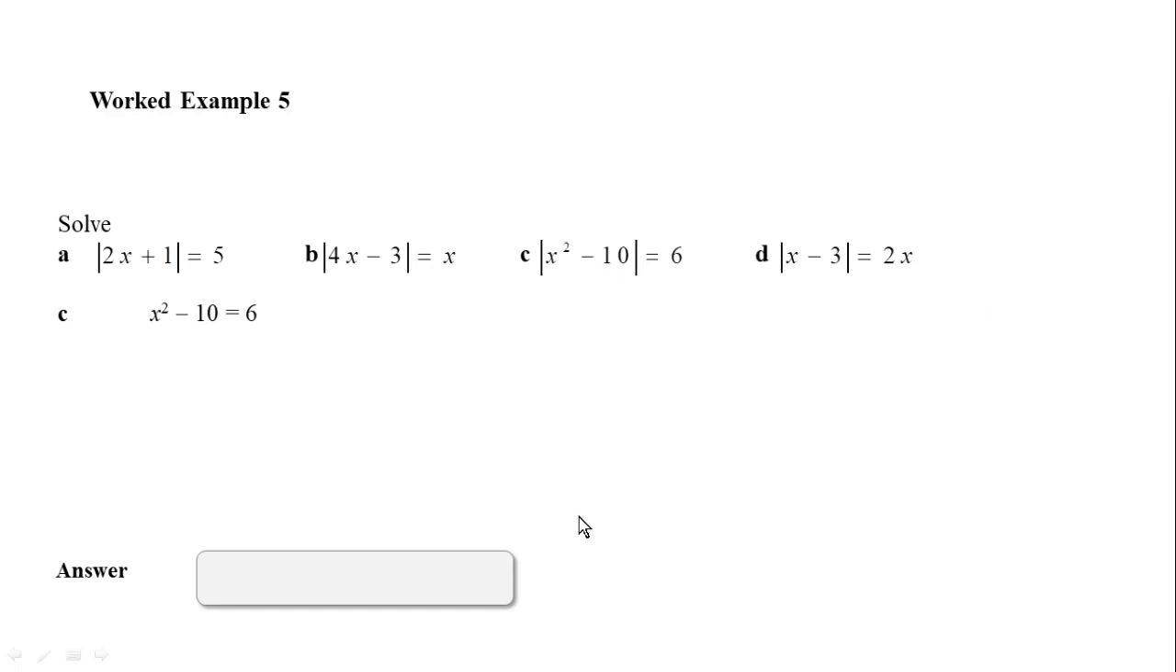x squared minus 10 is equal to 6. So you have now a quadratic expression. Remember, if you have a quadratic expression, it's not a line anymore. It's a curve. And when you call it a curve, it is either a parabola, ellipse, or something,